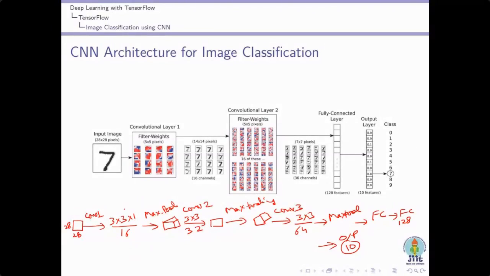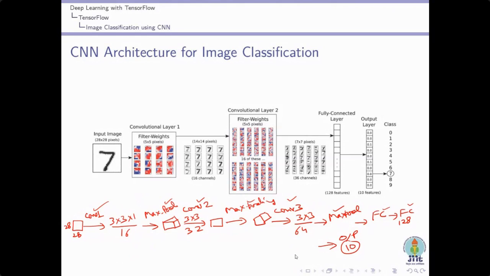So how many convolutions are we going to use? Convolution 1, 2, 3, and correspondingly max pooling operations 1, 2, 3, and we are using two fully connected layers and one output layer. The thing is how we are going to define this model. Once we are able to define it, all the remaining things are the same. We can build the network, train the network, and evaluate the network.